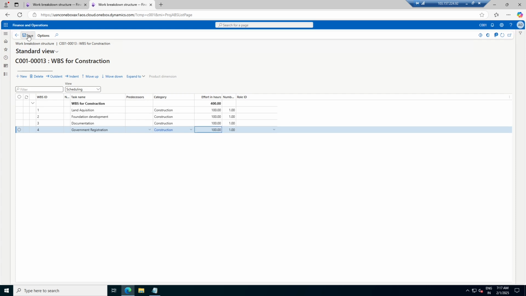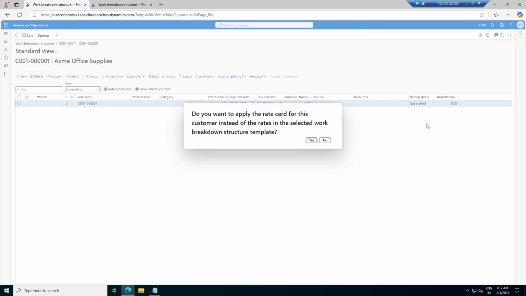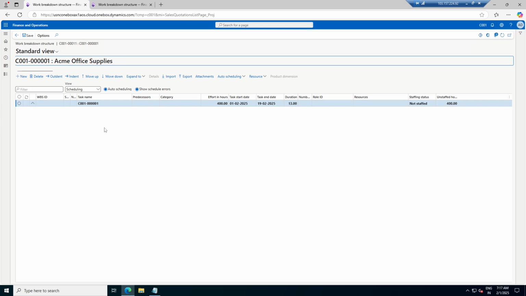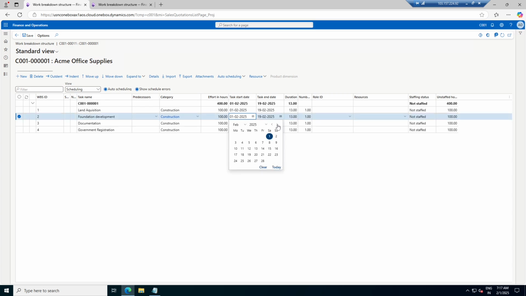Okay. Now I will save it and I will go to the work breakdown structure. I will again utilize the WBS and I will click on the OK button. Do you want to apply the rate card for this customer instead of the rates in the selected work breakdown structure? I will click on the yes. It is related to the pricing. Okay, so we will mention the pricing later. So this is the WBS for this particular one. This will suggest that okay, it is going to start on 19th of February. You can change it that okay, from 19th of February,